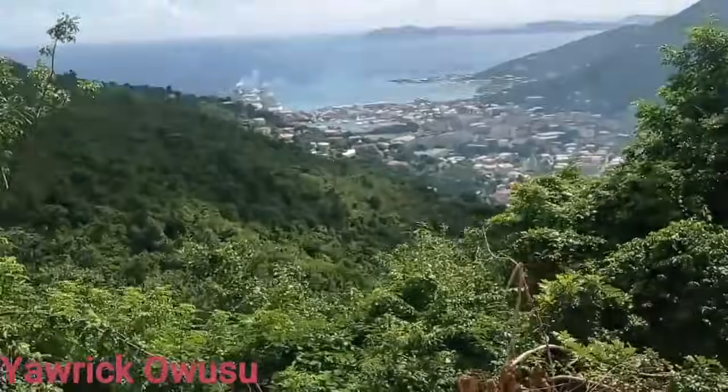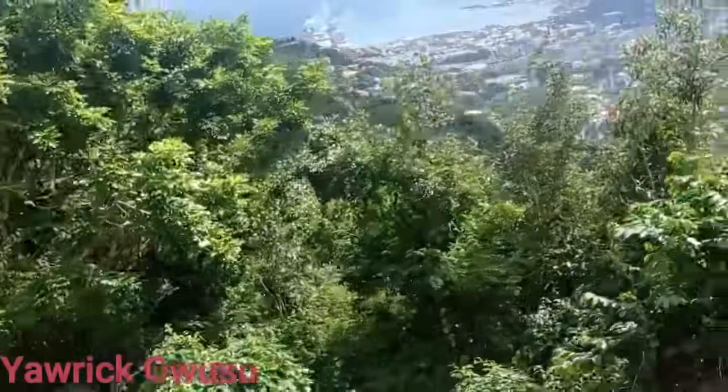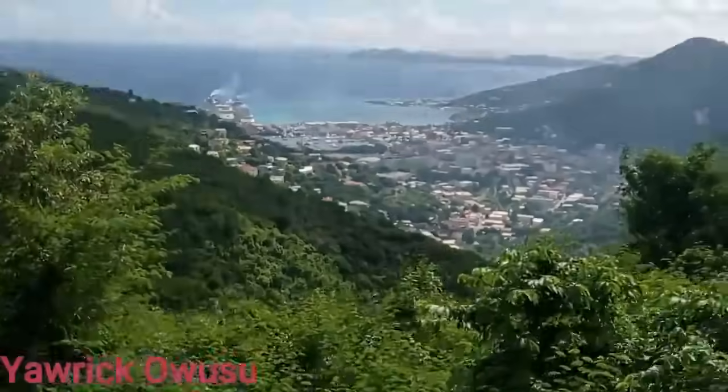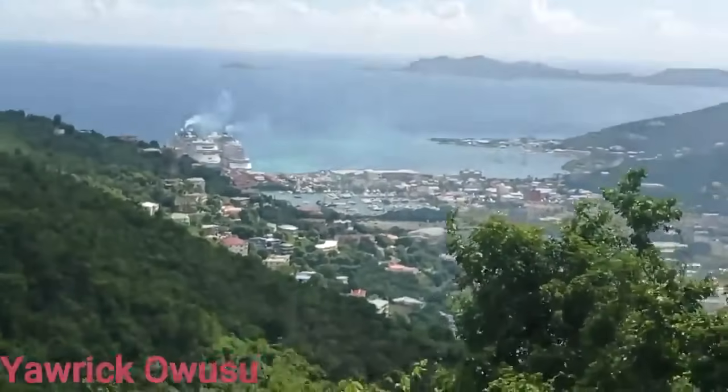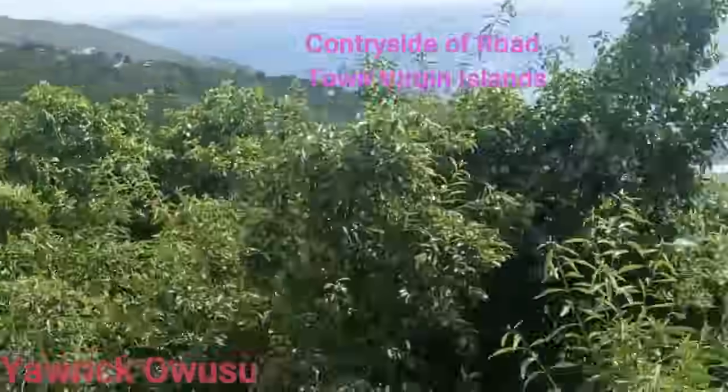So we still have a view of the outlying islands. We have Peter Island, Dead Chest. Coming on stream, we have Salt Island, where we have 3 large salt farms, where we get our fresh fruit and salt from. And we have the remaining